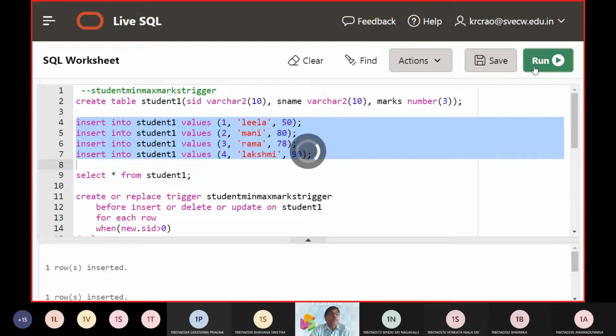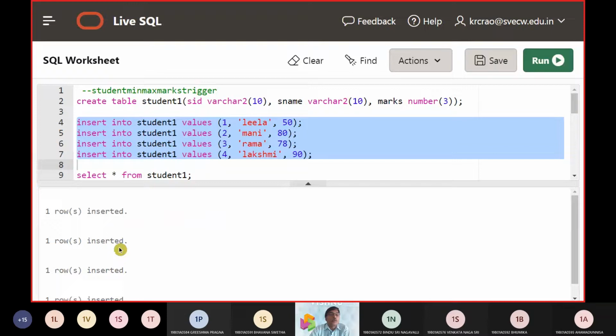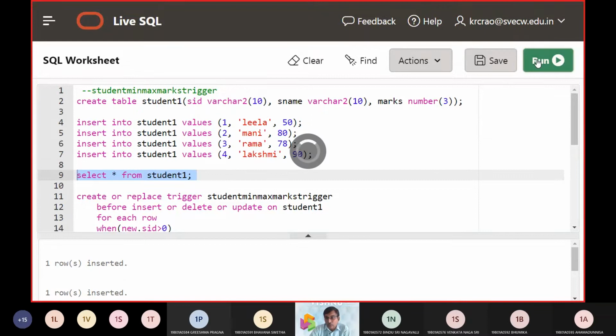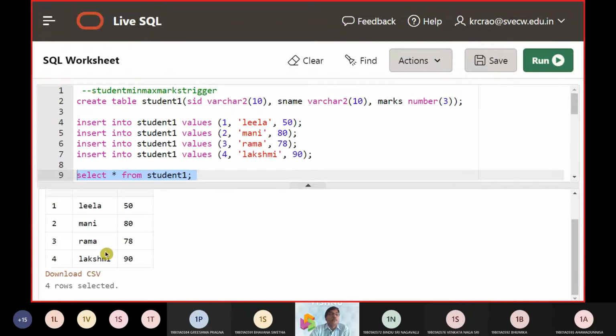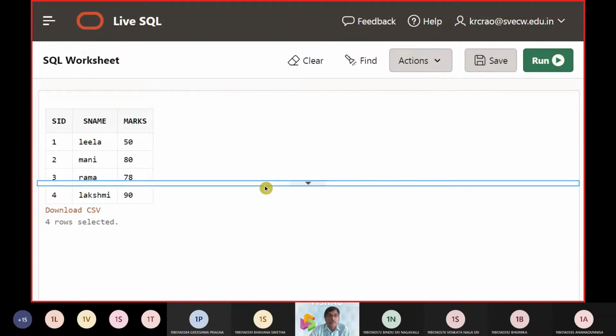I'm hitting the run button. Now you can see that 4 rows are inserted. Let us verify whether the 4 rows are taken or not. Now you can see all the 4 rows 1, 2, 3, 4 are created here.